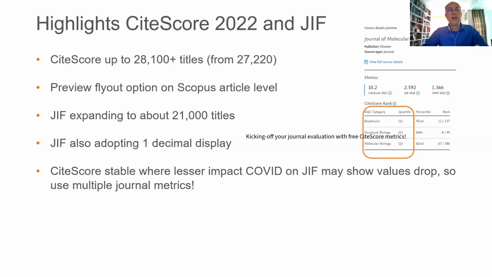What you could see is that, for example, a CiteScore for a journal may go up, where an impact factor for a journal may go down. And I believe that is another reason to use multiple journal metrics. Use both if they are available and try to see why that is. For example, in this case, it could be the impact of COVID, which is within one year, a very dense impact on the impact factor. And because of the CiteScore four years coverage, that is a bit more smoothed, and therefore would give different outcomes as well.